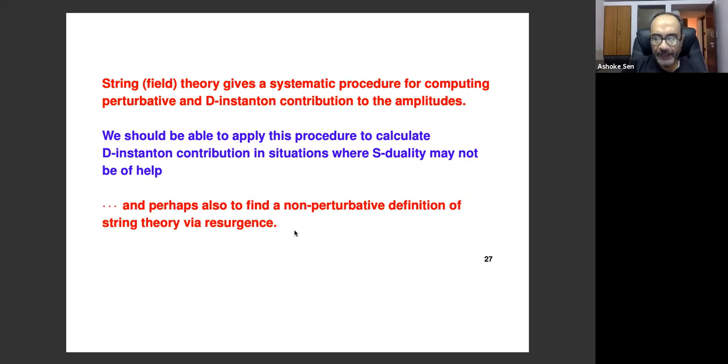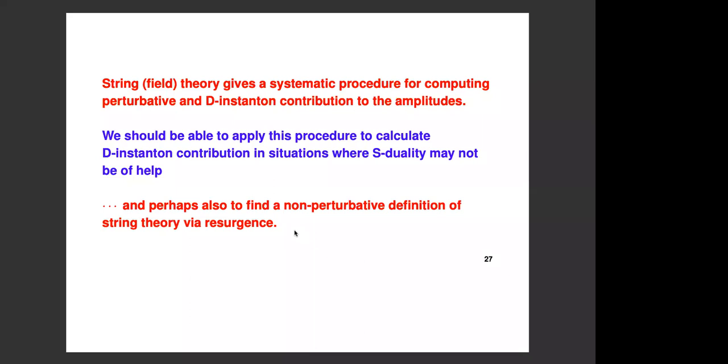And of course, one bottleneck, which is not there in the 10-dimensional type IIB string theory, but in lower dimensions, is that the NS5 brane instanton contribution has not been understood yet fully. But in 10 dimensions, you don't have that. So in 10-dimensional type IIB string theory, the hope is that once you have understood each topological sector carefully, maybe resurgence in principle can give you a full definition of string theory.